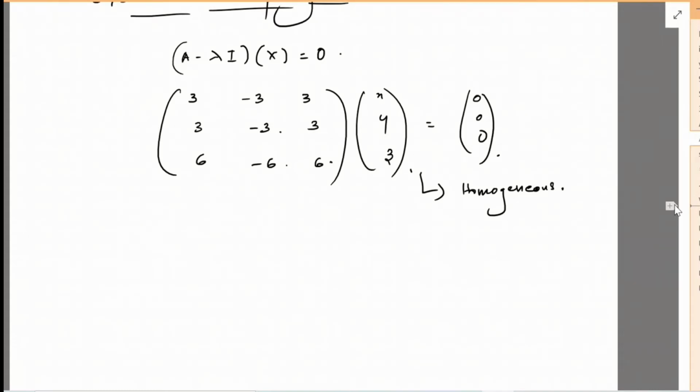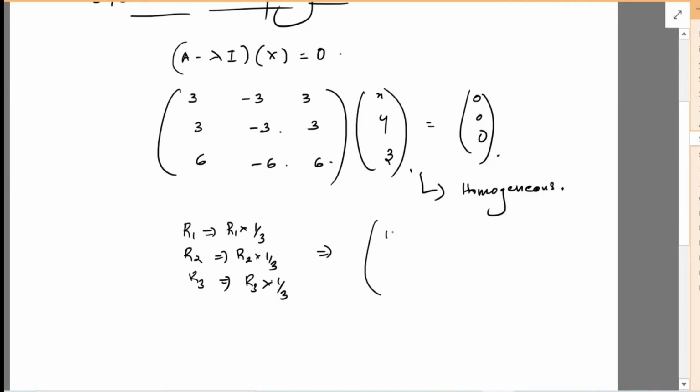So what is the next step? We have to reduce this matrix into echelon form. How can we reduce it into echelon form? You can see that in each row there is a common factor. So first of all, I am going to cancel this common factor from each of these rows. So the operations will be R1 changes to R1 times 1 by 3, R2 changes to R2 times 1 by 3, and R3 changes to R3 times 1 by 3.